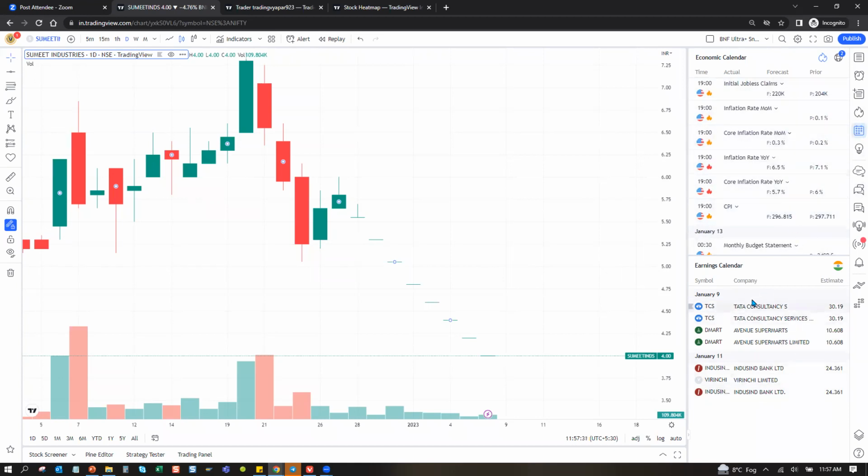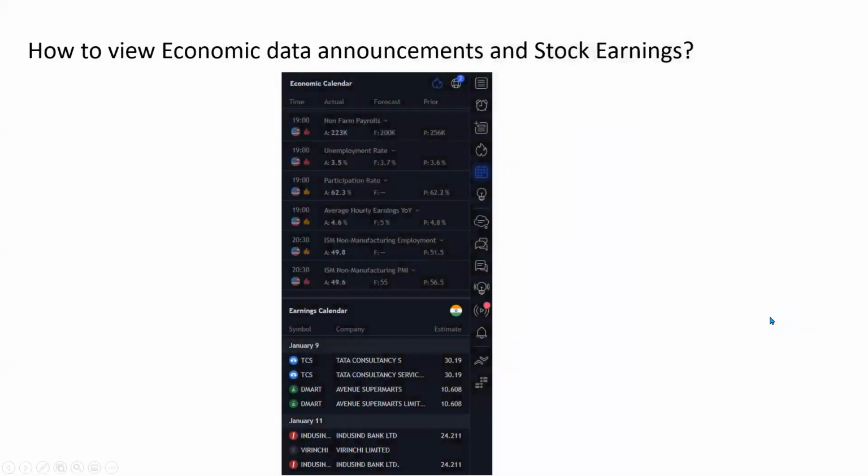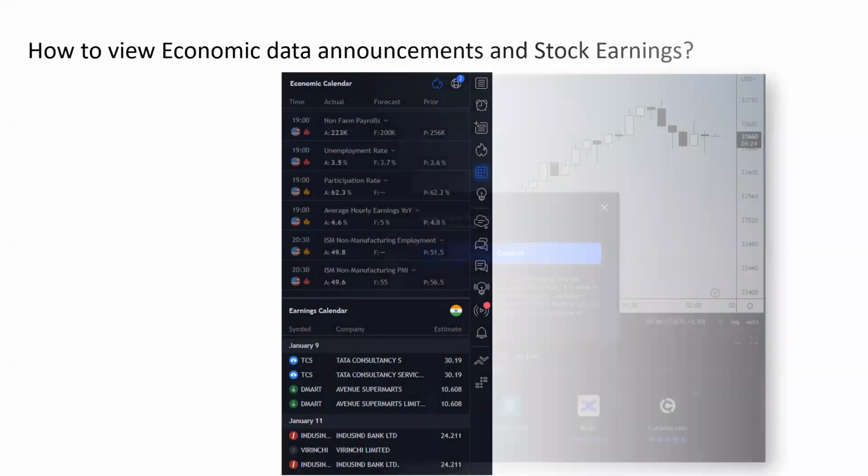Is there any Nifty 50 ka stock earnings coming up? Is my stock in, when it is coming up? So you see that, plan your trades accordingly. So this is very important, very, very important, I'll say. Okay, so I just wanted to mention that basic feature, this is must know thing.